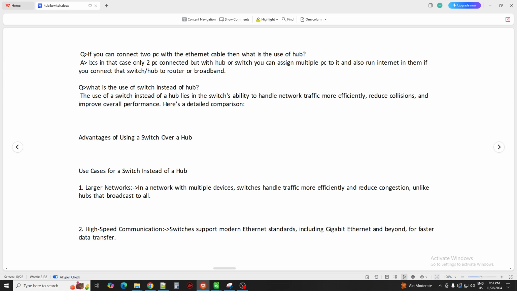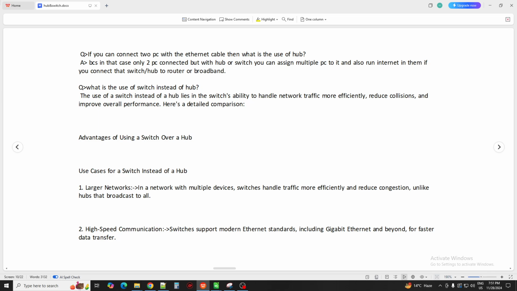For example, you have to run the internet in multiple PCs. For example, there are hundreds of PCs, and you have to run the internet in all of them. And you also know that a router only has 5 ports. So if you want to connect multiple routers, multiple broadband, multiple PCs, in that atmosphere a switch is very profound, and on that occasion a switch can work wonders.